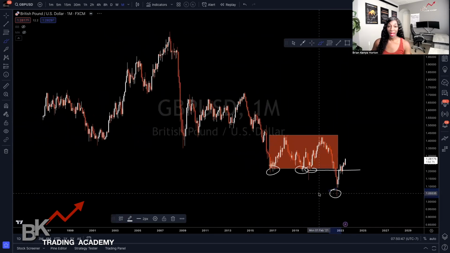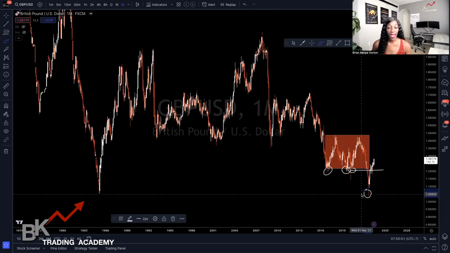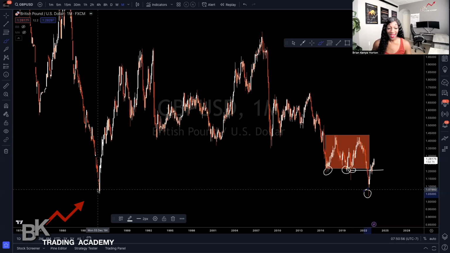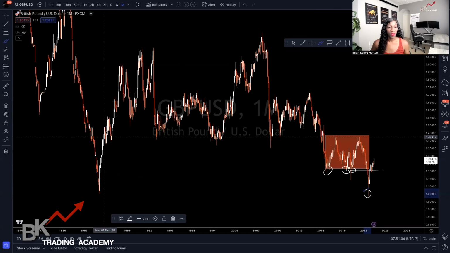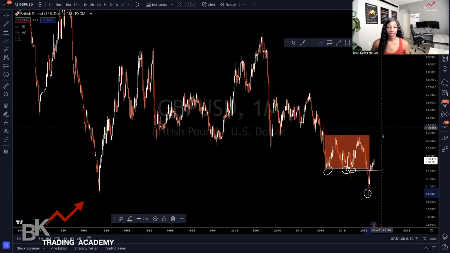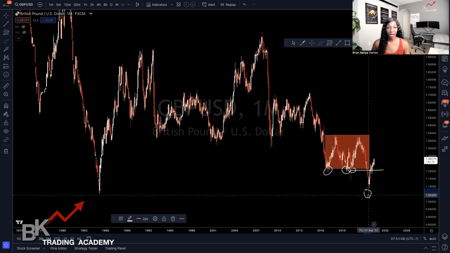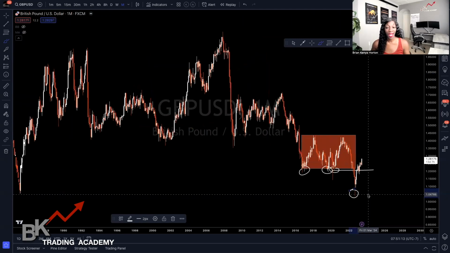And if you just go back in history, you'll see that the market last tested this area at 1.6490 or so back in 1985. That is crazy, right? After that sell-off, we then saw a reversal to the upside. So could we see something like that happen right now? Absolutely. But it could take months because we are on the monthly time frame, but that is something that could